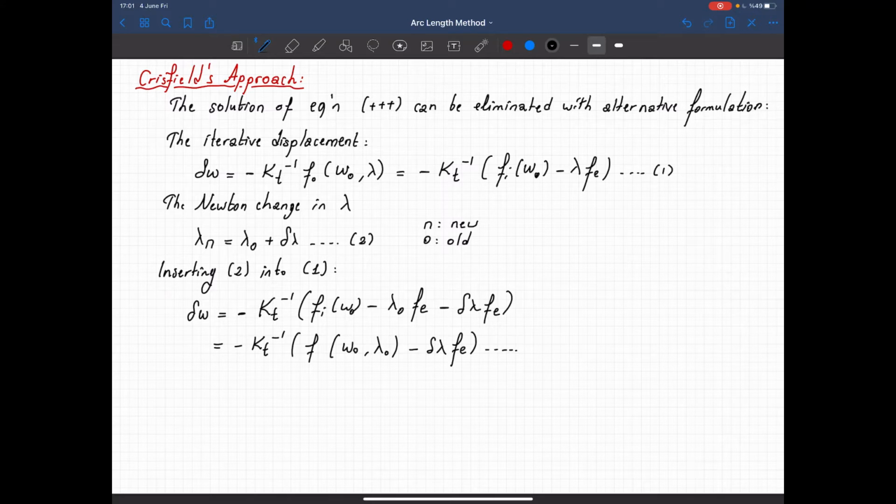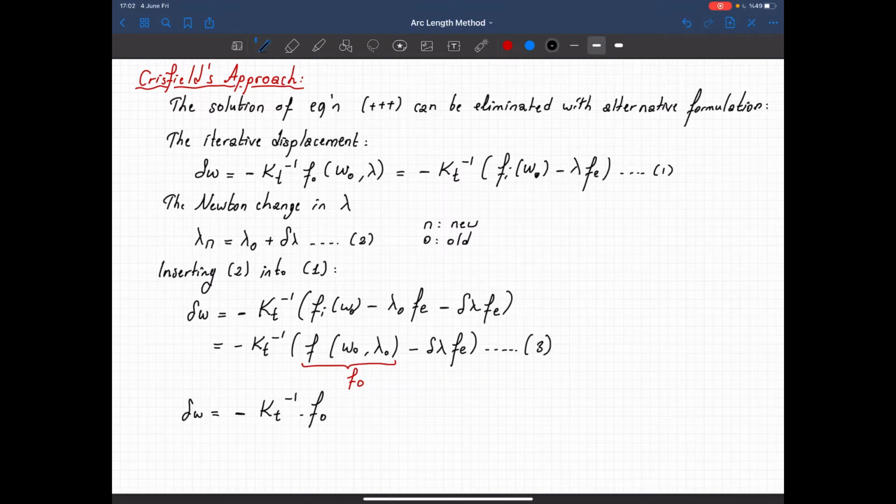So let's call this one equation 3. So from now on I will call this one F0. Okay, so here the iterative displacement is equal to minus Kt inverse multiplied with the residual force